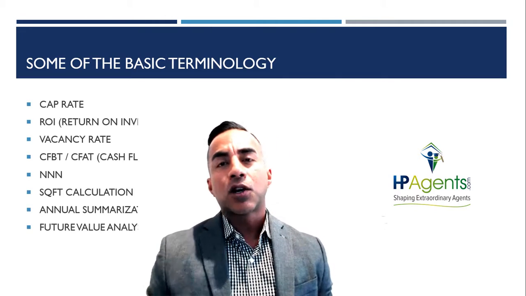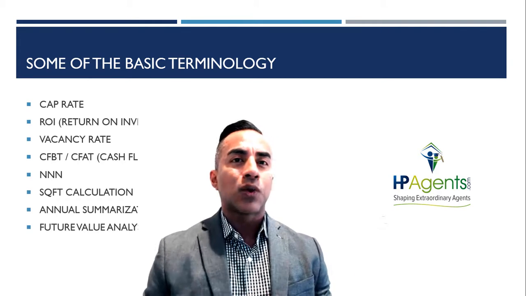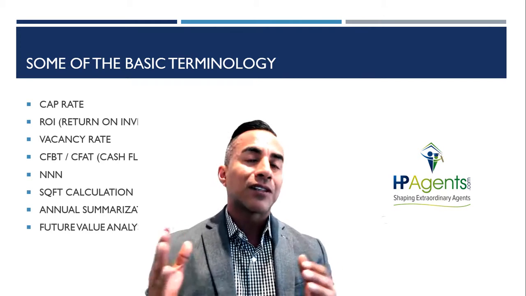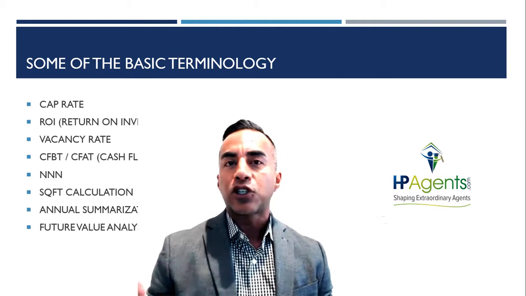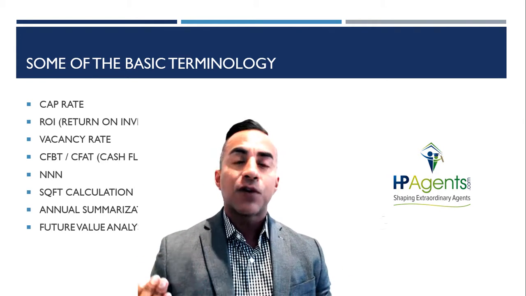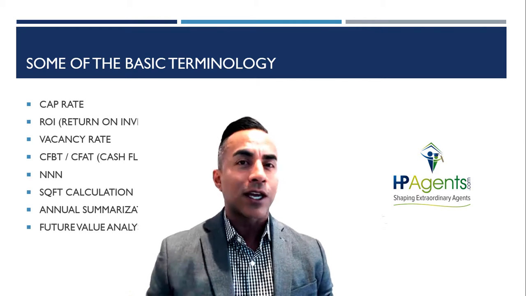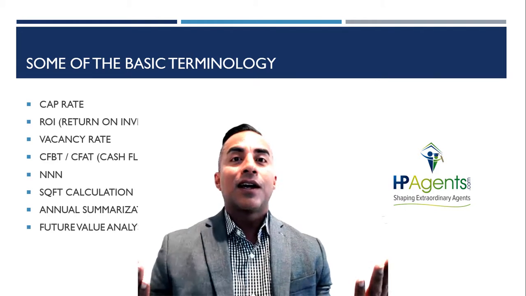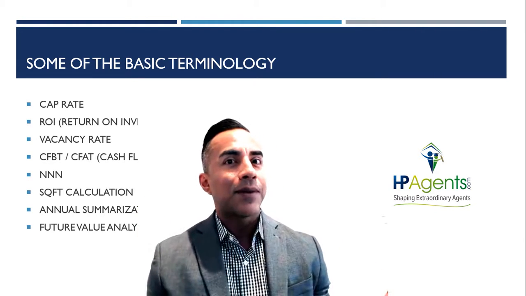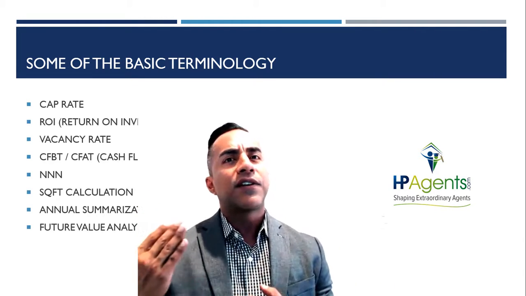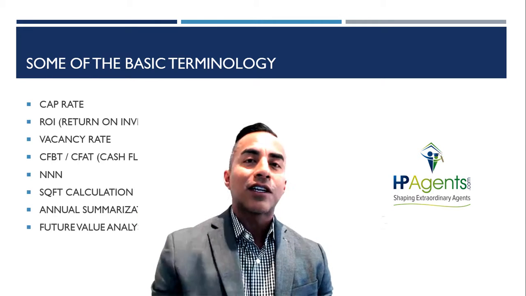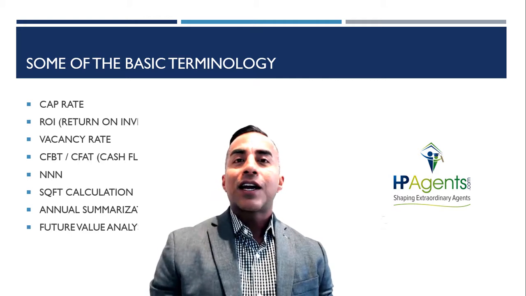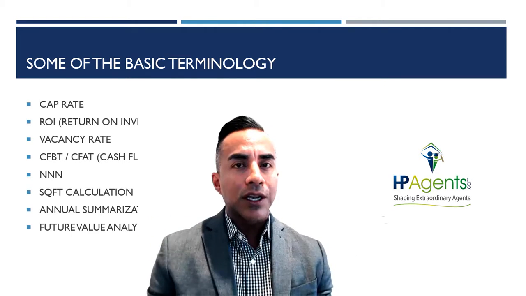Now, some of the basic terminology in commercial real estate you're going to see is cap rate. Cap rate, we're going to do this really quickly. It's basically a ratio between what you bought the property for and how much it earns annually. If you bought it for $1 million and it makes $100,000 in income, then you got a 10% cap. And that's what a lot of investors will go by. They'll instantly ask you what's the cap rate, because that gains them interest. Then they're going to take a further look if they're interested.